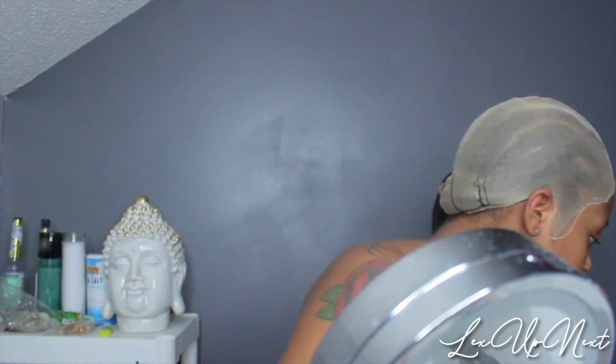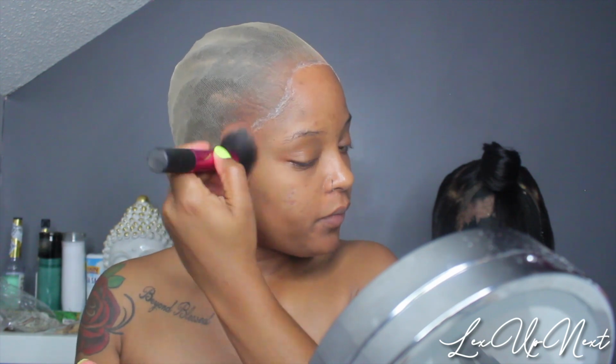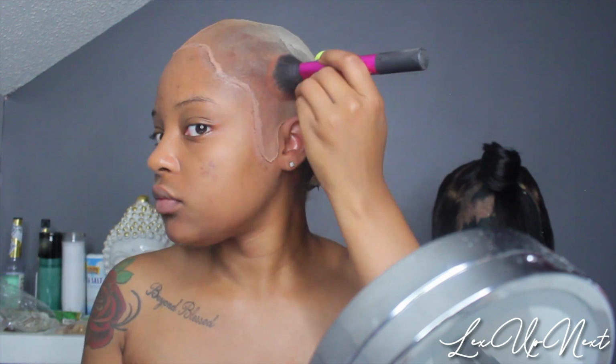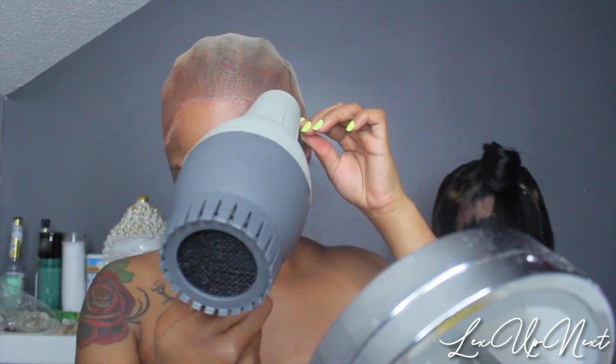And that's how it came out. It was real late. So now I'm taking my black radiance, and I don't know what color that was. It was the darkest color in the powder like foundation. And I'm just applying that with a brush onto the cap just to make it blend in more with my skin tone. I don't know why it looked kind of reddish on the video, but I mean, it blended in good